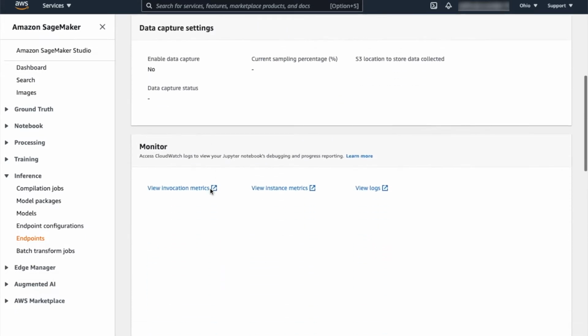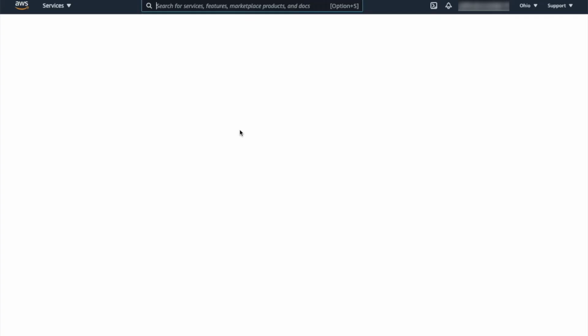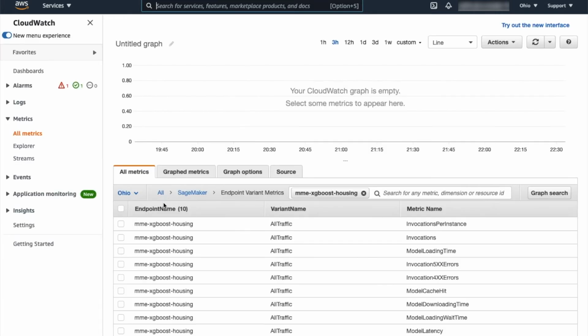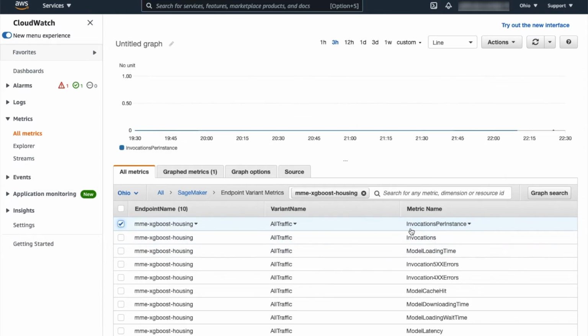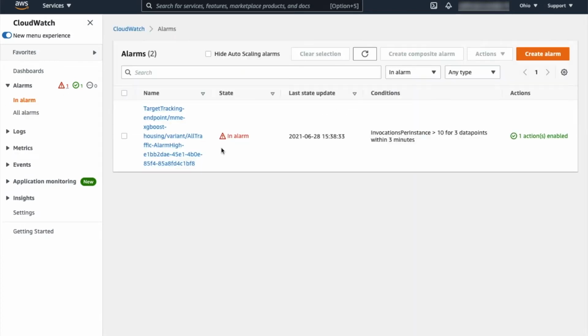So if I go back to the endpoint and look at the invocation metrics, and look at the invocations per instance metric specifically that's linked to auto-scaling, you'll see that there's a CloudWatch alarm that's triggered.